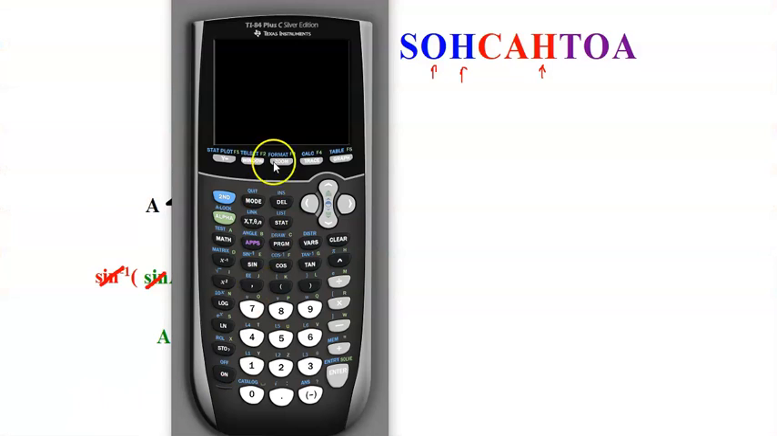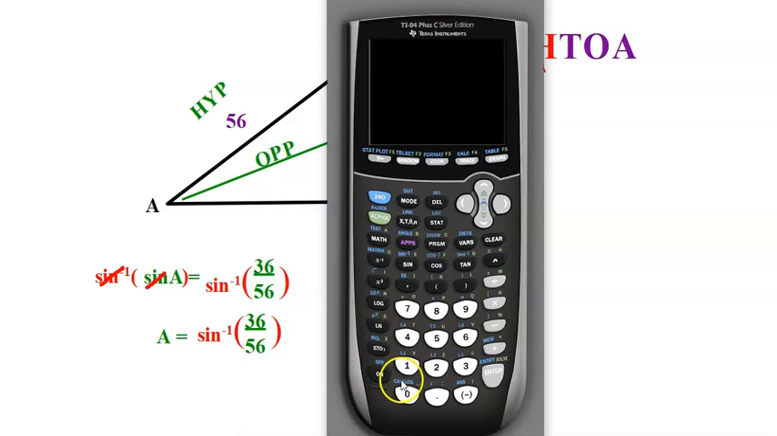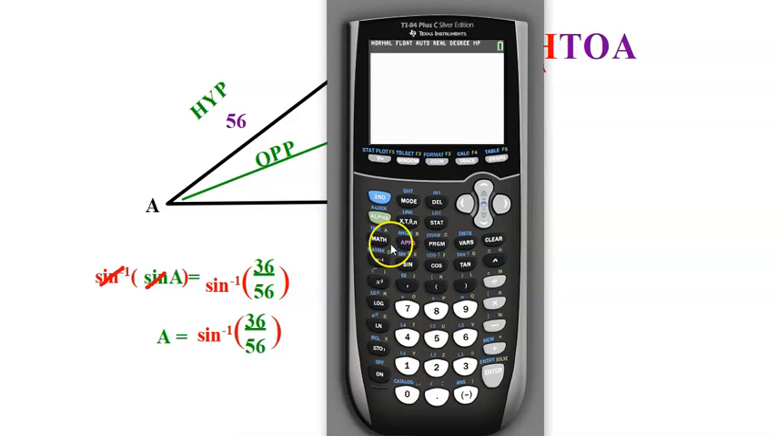And we're going to put this into the calculator here. Let me turn the... I want to see what my problem is. There. All right. So inverse sine. On a TI calculator, notice it's in blue right there. So second, inverse sine of 36 over 56. Close my parentheses. And I get